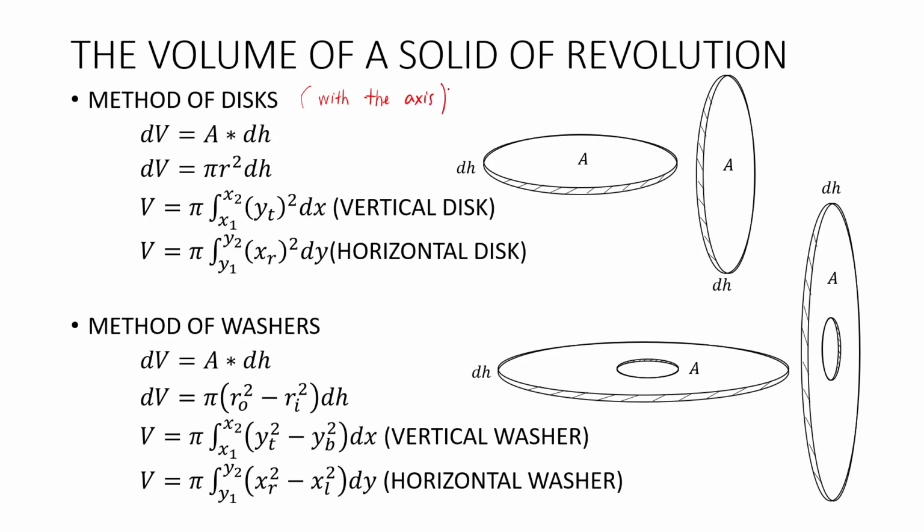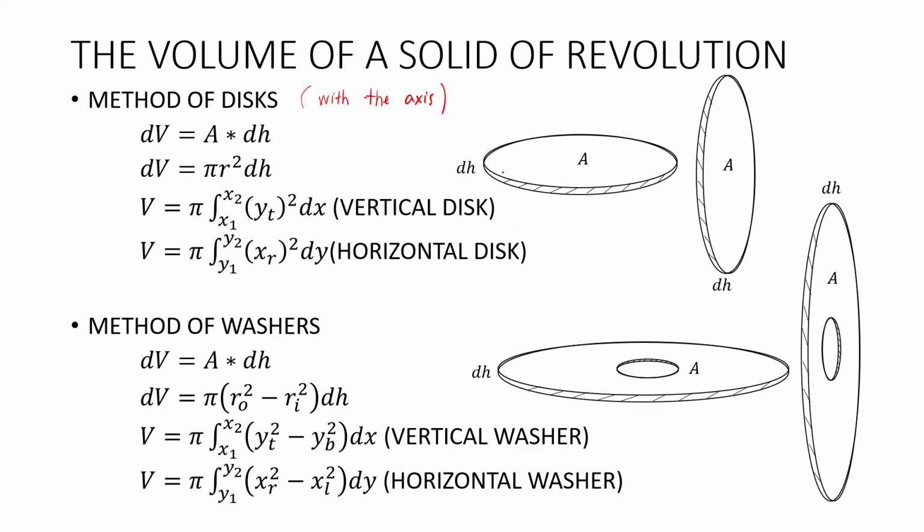Meaning, if we're going to analyze the vertical and horizontal strip, the y bottom in the vertical strip is 0, and the x left in the horizontal strip is 0. So vertical strip, the y bottom is 0. In the horizontal strip, the x left is 0. So that's why if we're going to derive the formula,